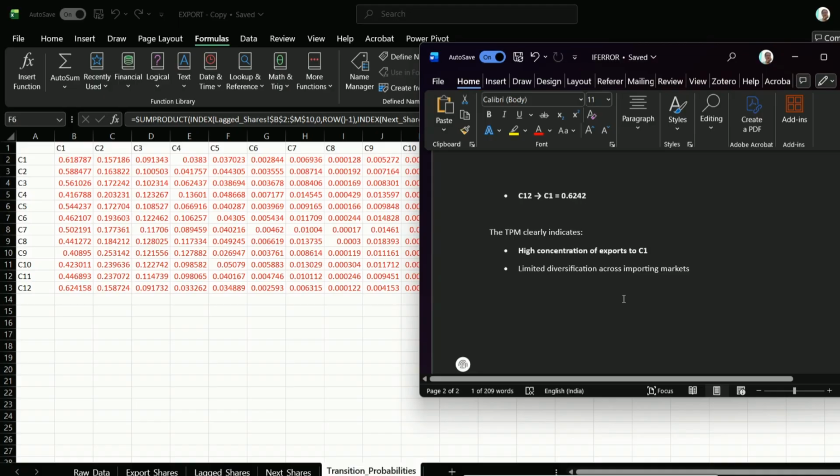If it is not equal, then your answer will be wrong. Next, your data should not have negative values. Third, here the state is considered as countries. Based on this, the TPM has been calculated.